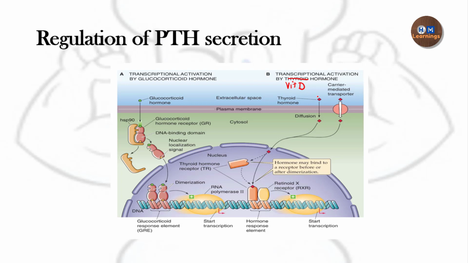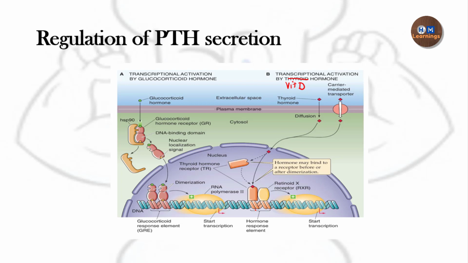It enters the cell because it is lipid soluble, and it also enters inside the nucleus. After entering the nucleus, it will bind to its receptor, that is the vitamin D receptor, and after binding, this receptor and vitamin D complex will go and bind to the DNA,